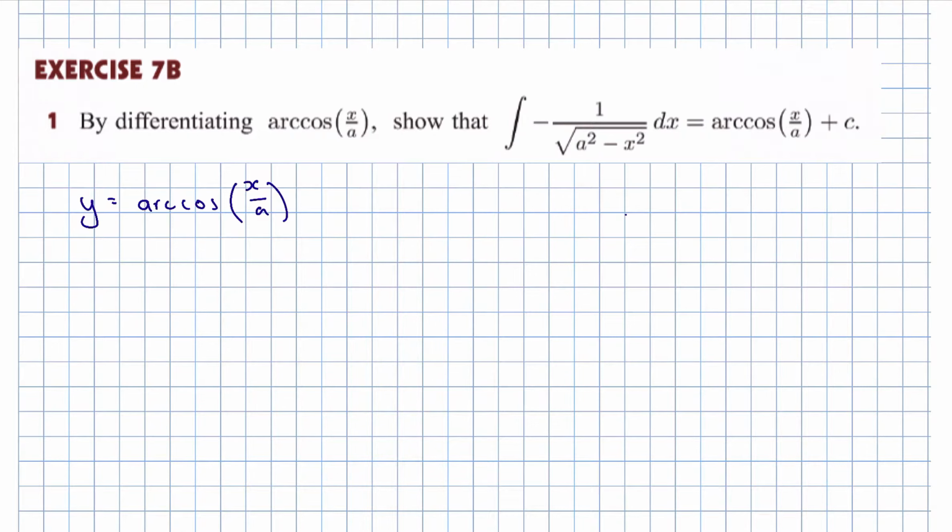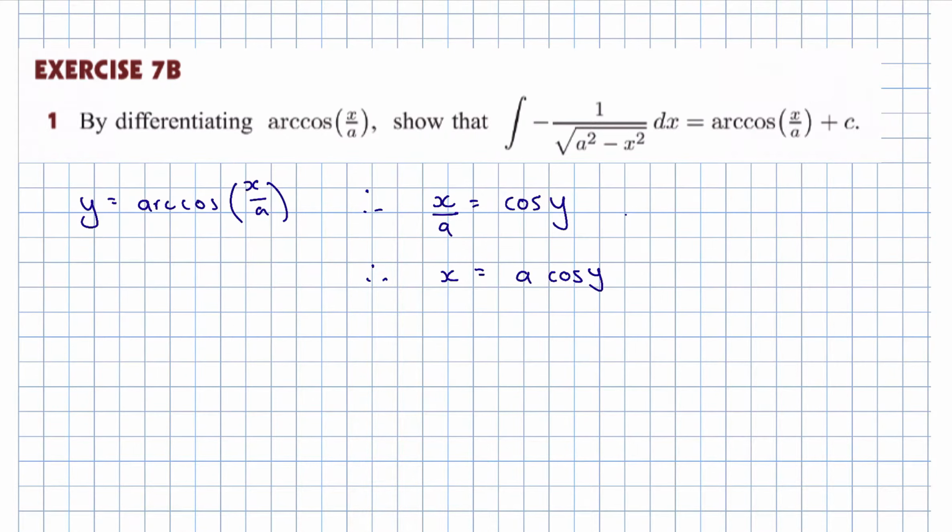So if we're swapping our x and our y, we need to bring the a with the x, it's sort of attached. So therefore, we can say that x over a is equal to the cosine, because that's the inverse of the arc cosine, of y. Okay, looks a little bit better, and we'll do one more step and say it's x equals a lots of